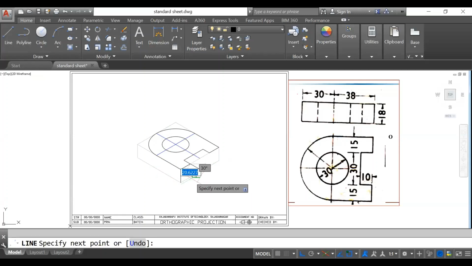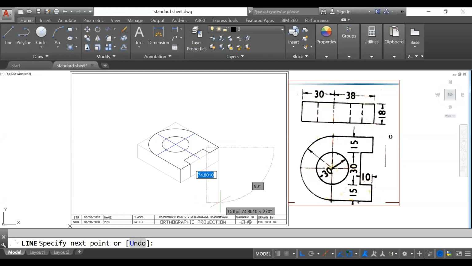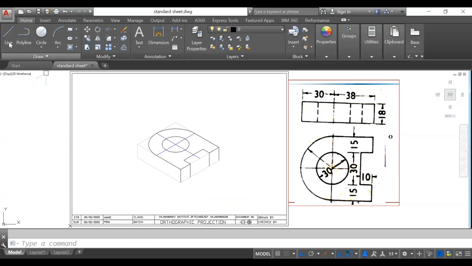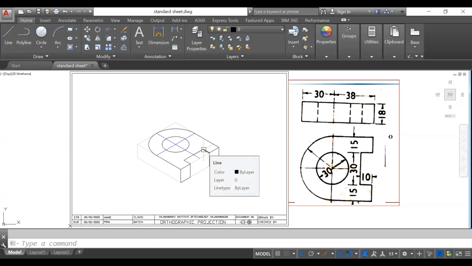From this corner also I have to put 18 mm in a downward direction. So I will change the cursor mode, control E, this direction, 18 mm. Okay, 18 mm. So for this corner also I have to put 18 mm, because each and every corner, we have to give the thickness 18 mm. Okay, and then we have to connect these lines. So slowly it will be converted to 3D view. Getting? Also we have to give the thickness for this corner also.